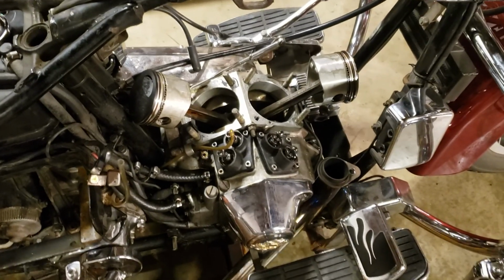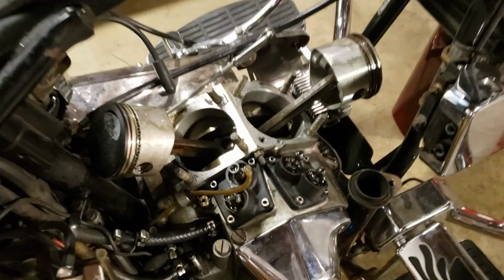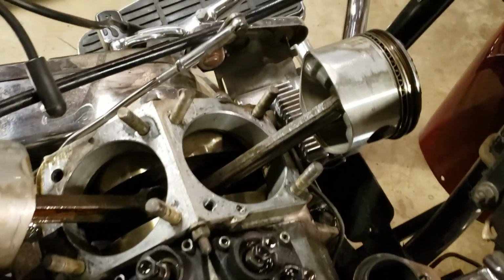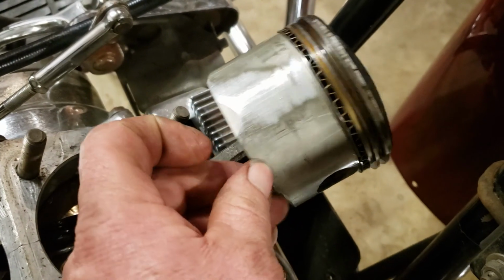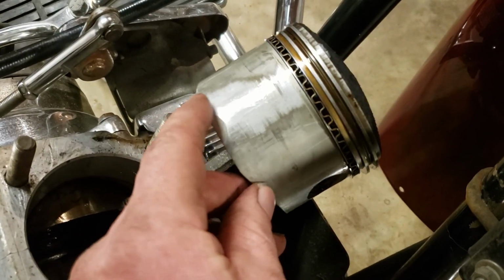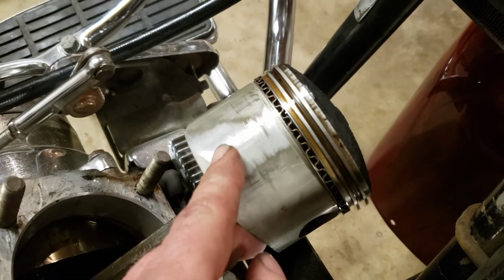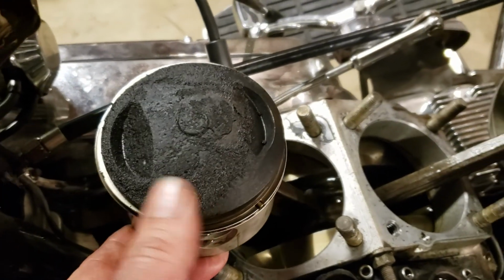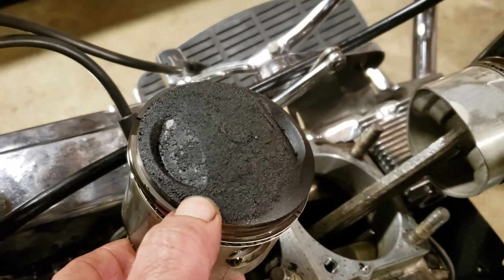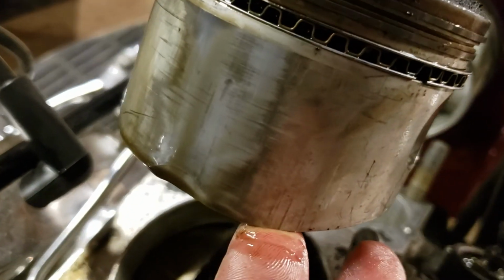Okay guys, welcome back. Back on this '81 Shovelhead. The pistons are really showing signs of extreme wear on the cylinders, which should not be. They shouldn't be rubbing like that bad. Both of them look that way. We had excessive oil blow-by, and the plugs were really coated in oil, and you can see this piston